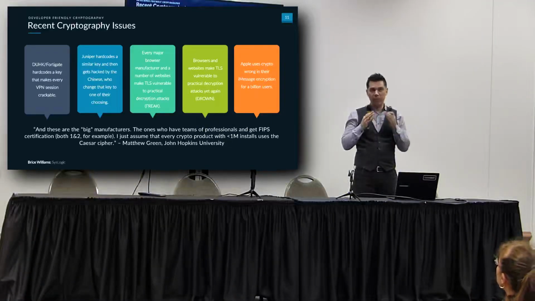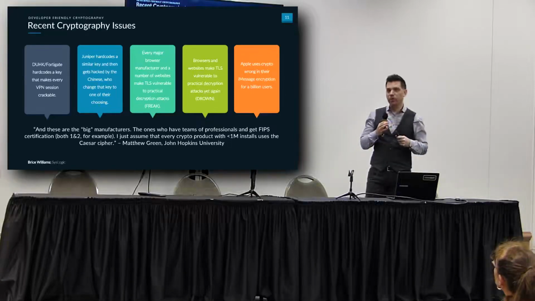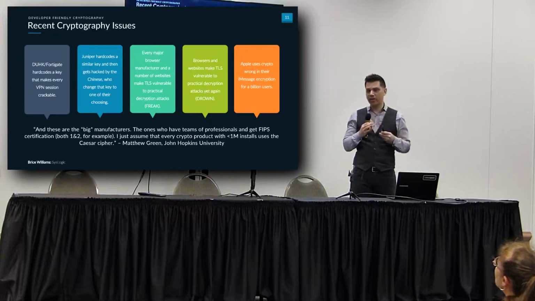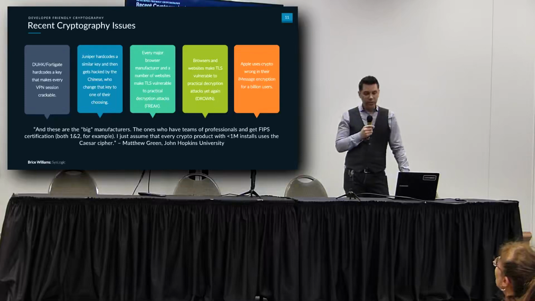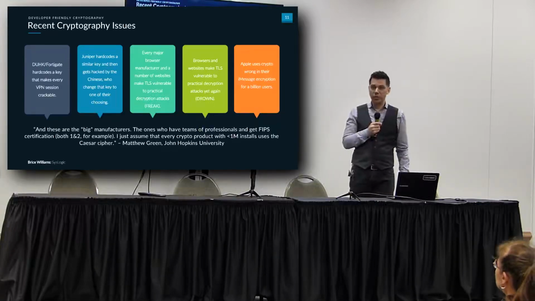We're looking at basic issues that we seem to uncover over and over, rather than seeing developers able to address the more advanced, modern topics; they're not there in general. So this slide looks at recent cryptography issues, and in this case, these are some items highlighted by Matthew Green, who's a professor at Johns Hopkins, pretty well known in the cryptography space.